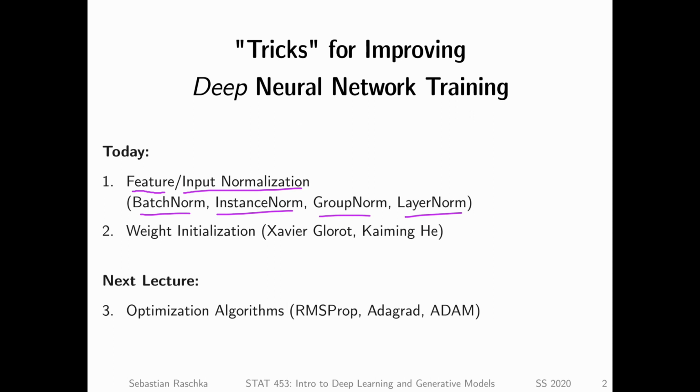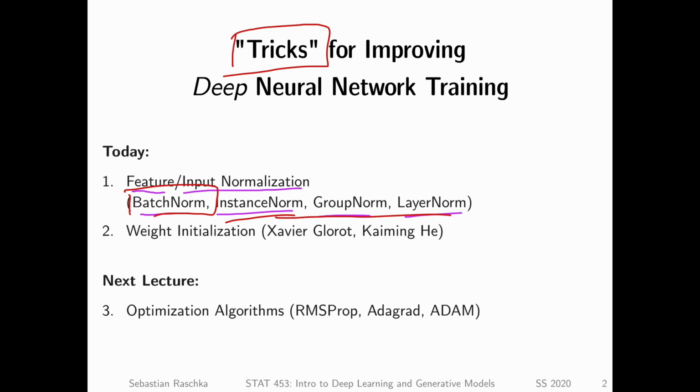Because like we talked about in previous lectures, if we make very deep neural networks, one problem is exploding gradients and another one is the vanishing gradient problem. And clever normalization techniques can help a little bit with that. The focus, though, will be on one particular technique, which is batch normalization. This is really the most popular one, and there will only be one slide on the other three. They are kind of related, and we will revisit them later when we talk about convolutional neural networks in a future lecture. Another trick, so I would consider both feature normalization and weight initialization as tricks.